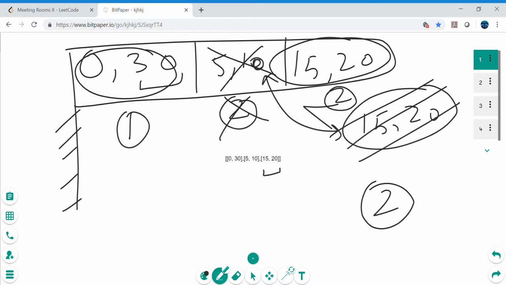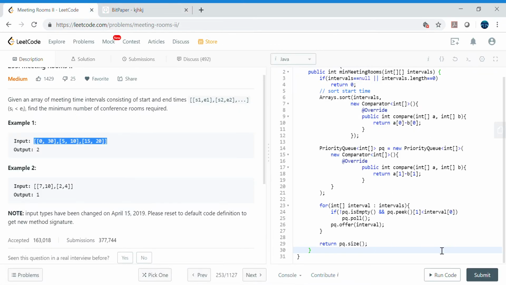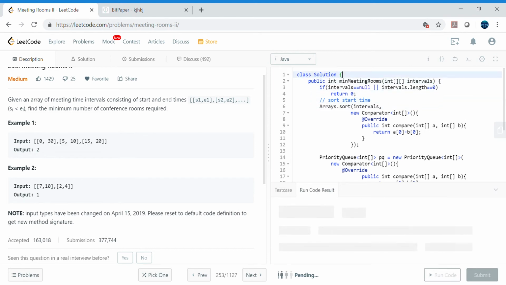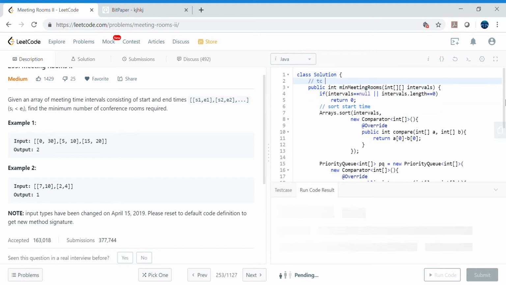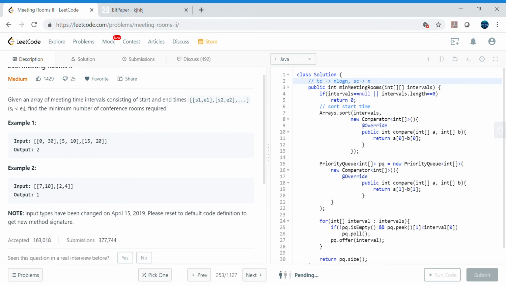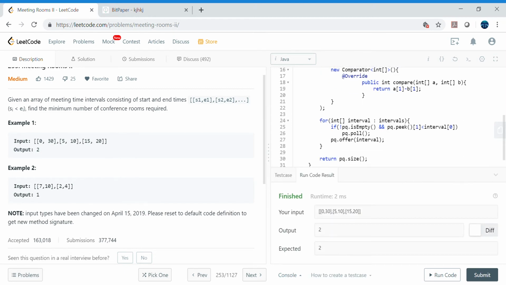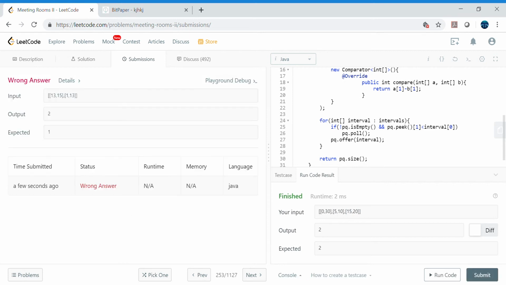So hopefully this is clear. Let's try to see for the compiler errors if there are any. In the meanwhile, the time complexity would be n log n and the space complexity should be order of n, because we are just doing this n log n thing. So I think it's working fine. There is no compiler error,